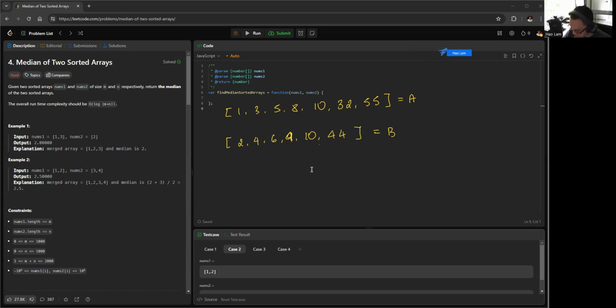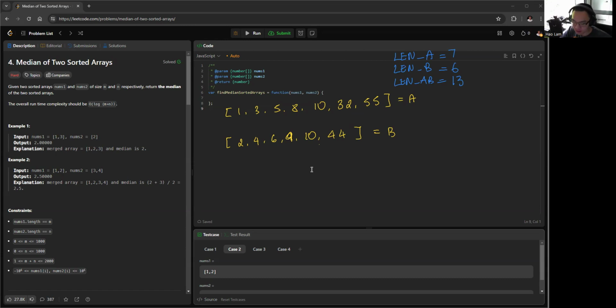So we know the length of AB is 13. So even though we cannot merge the arrays, because it would give us the bad time complexity of O of n plus n, if we know the total length of both arrays, which we can get in constant time, then we know that